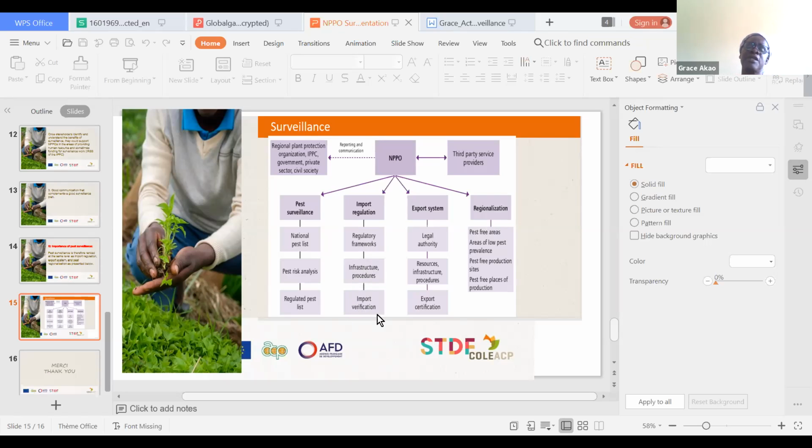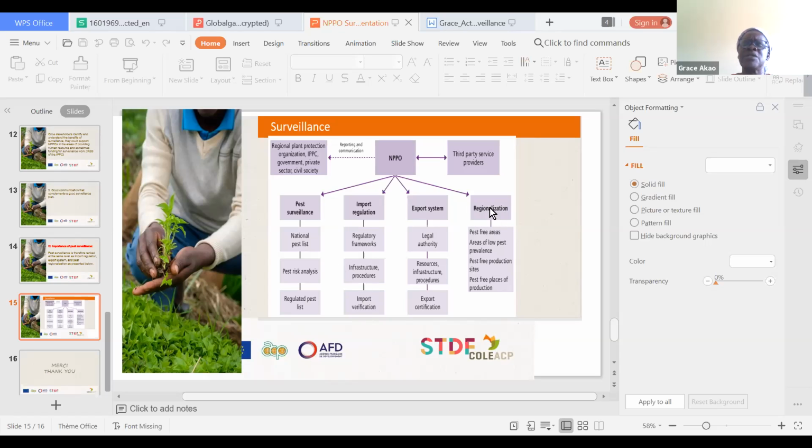Then import verification is more or less the inspection of an imported consignment. You need all this in place to empower you to decide that an import from country X is good enough and will not bring new pests that will establish and destroy our industry.